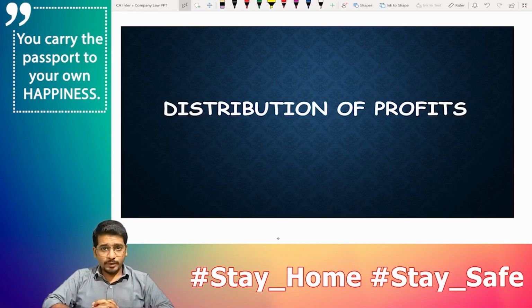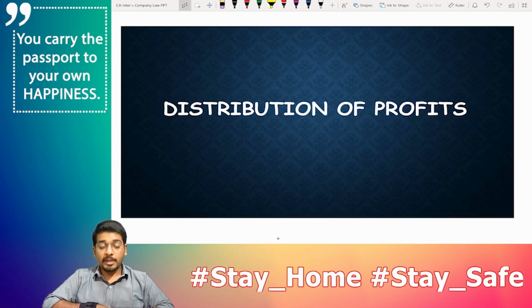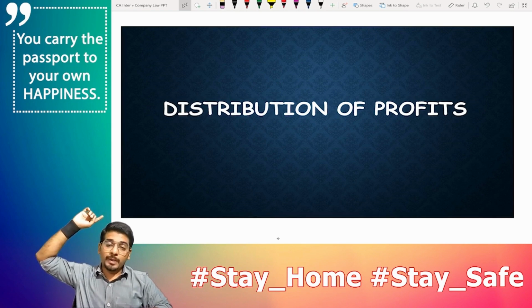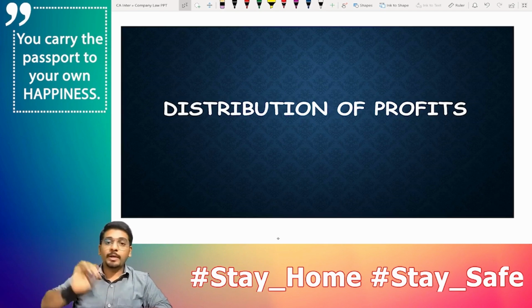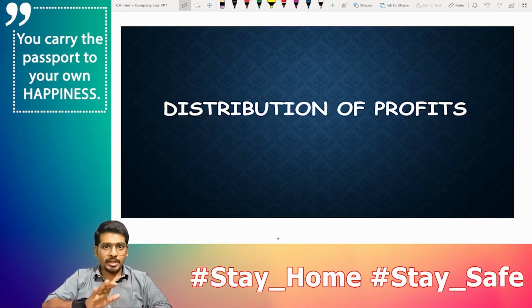First of all, this chapter is coming towards the far end of the corporate law syllabus. It comes from section 123 onwards till 127, right? Remembering section numbers in this chapter is not required, not very important. But if you still want to remember, you can follow the notes. Yes, it's given in the notes, of course, and you can follow them. But yes, it's not very important.